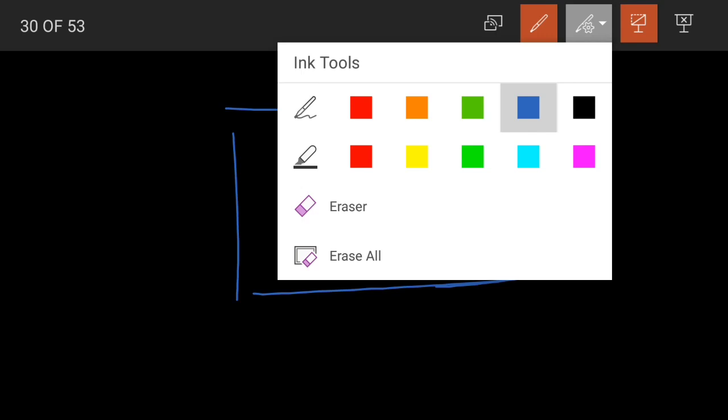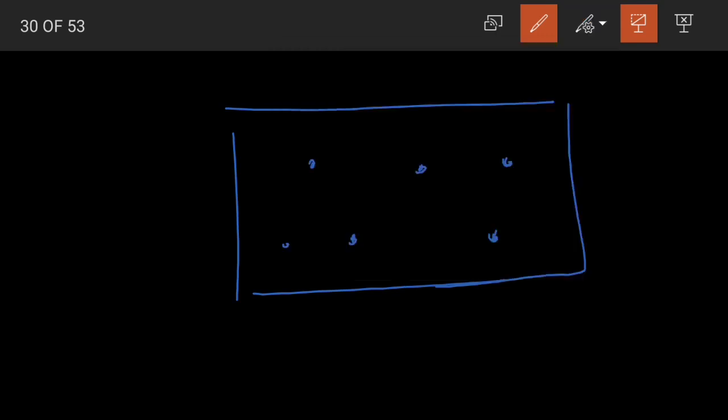We cannot exactly pinpoint and say that this particular point. So what we'll do is we'll give names to our points. How do we give names? We give names using capital letters. Let this be A, C, B, E, D, F. Now I am having 6 points with 6 different names.